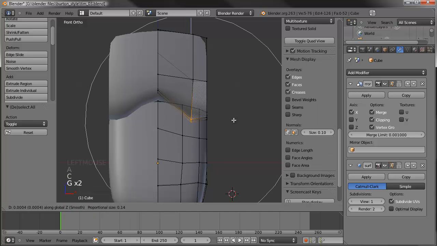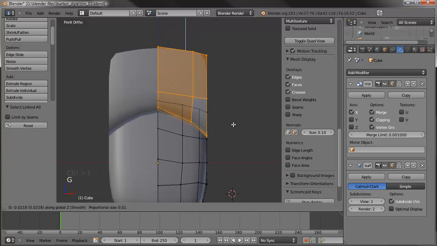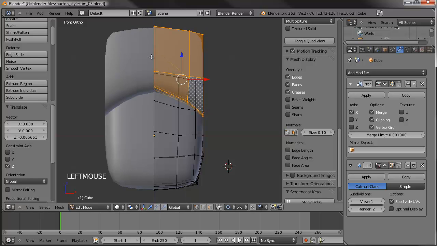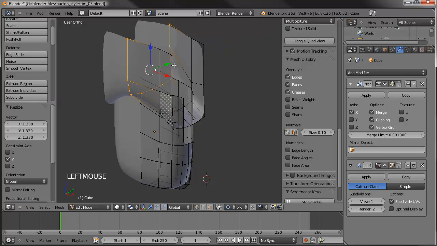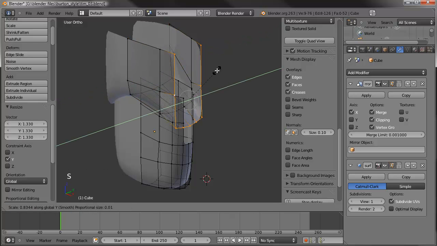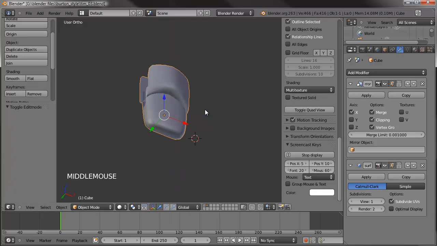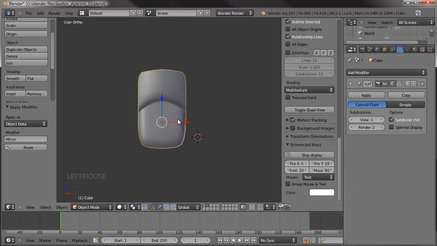Go ahead and drag this up as well. Okay, Control L. Now drag everything back down on top of the tooth. Maybe a little further. Okay, and let's kind of fatten this part up just a little bit. And then we'll grab this one, narrow this one down some. Okay, so now we have essentially a section of tooth. So if we go ahead and apply the mirror now, there we go,